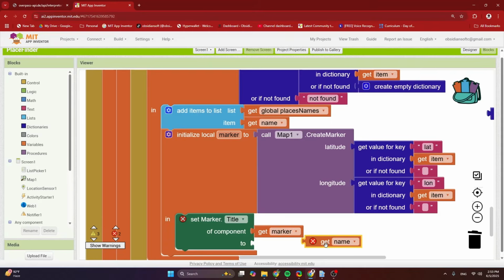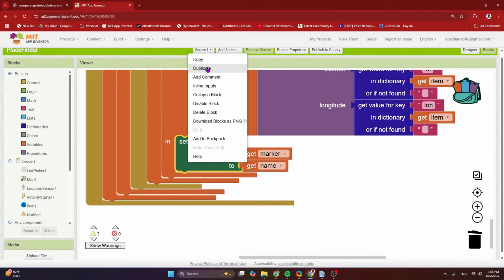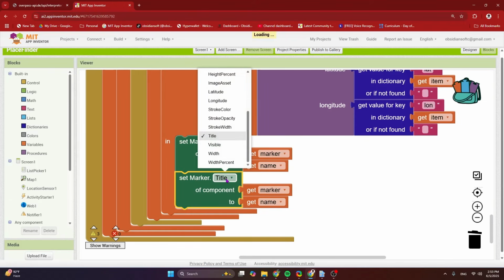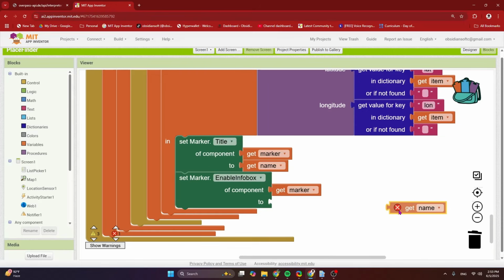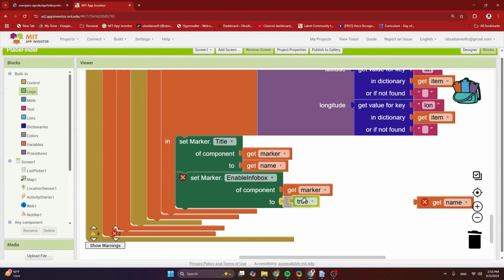So this is the name of the amenity. It could be a restaurant name or a school name or a hospital name. Then I am going to enable my info box so that if the user taps on it, the name of the amenity will show. So enable info box, and it requires the value true.